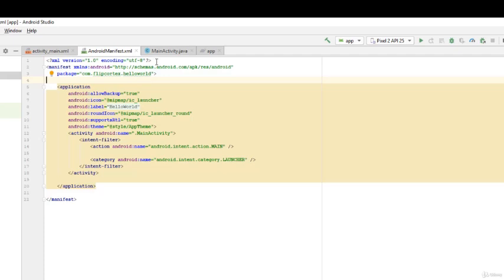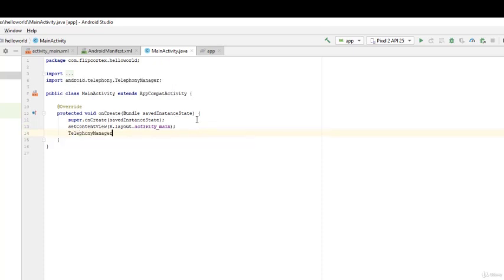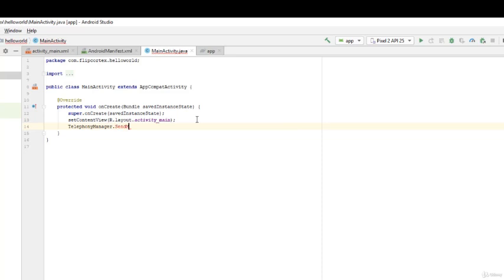Another important thing defined in the manifest is the permissions. So for example, say we want to make an application that can send SMSs. Okay, you can write the code inside your activity. So say you go to your activity and write telephonyManager.sendSMS or something along those lines.